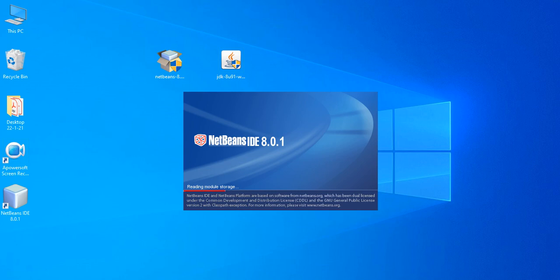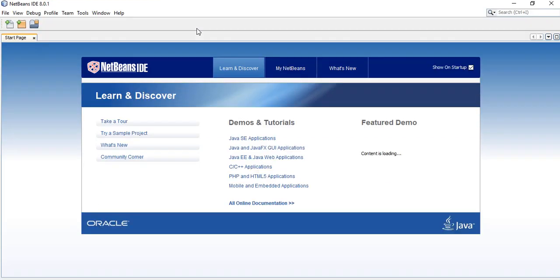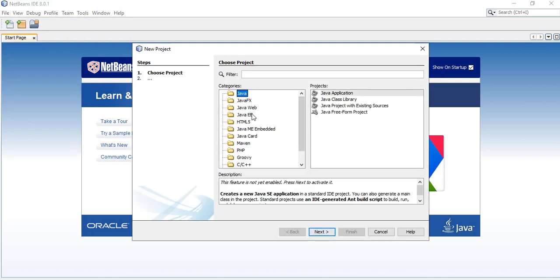It's very easy to install. There you are, you can see the NetBeans IDE. Now I can go to the File option and create a new project, and you can see I am able to find all the programming languages. I can do programming using HTML5, and I can do it using C and C++. As of now I have installed it for Java programming, so I can select Java, click on Java Application, and then next.